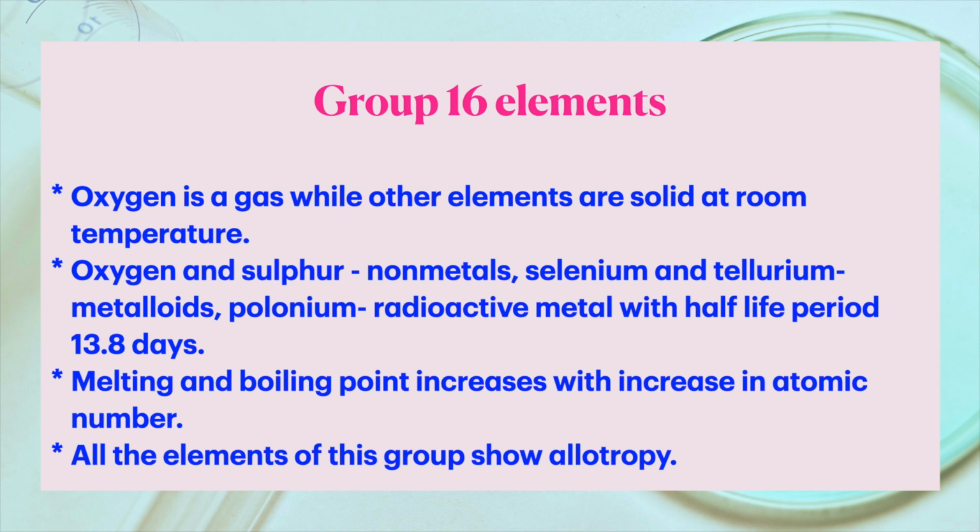We have considered in the solid states what allotropy is: elements which have the same chemical properties but different physical properties, because their structural arrangement of atoms is different. All these elements show allotropy. Now remember, if you consider oxygen and sulfur, oxygen is in a diatomic state, that is O2, and sulfur is in a polyatomic state, that is it exists as the S8 molecule.